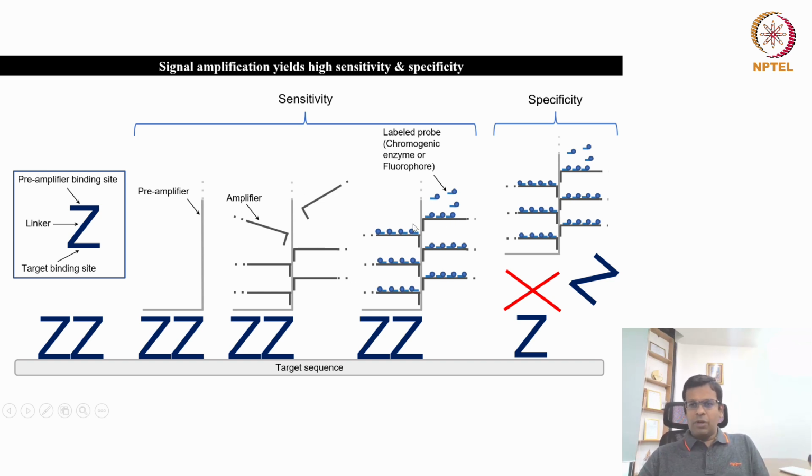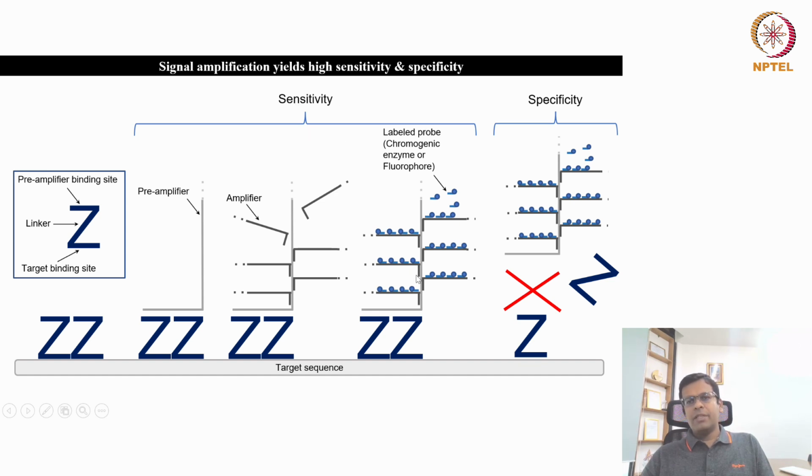So why is it required? You can see, because of this amplifier and pre-amplifier system, so many probes can bind to this double Z probe. Let's say if I fluorescently label only this double Z probe, then only 2 dye molecules can be attached to this double Z probe, right? So this concept of amplifier and pre-amplifier is to increase the number of fluorescent molecules per double Z probe. Because of this system, multiple fluorescent molecules can bind to this double Z probe, which will help you visualize this mRNA. It will increase the signal. Now see, because of this, it increases the sensitivity.